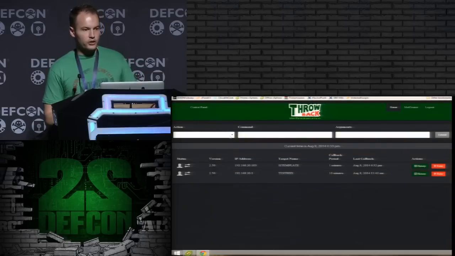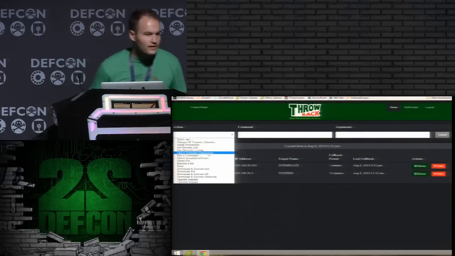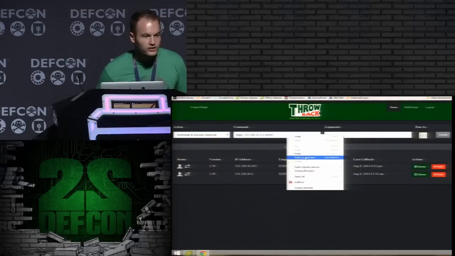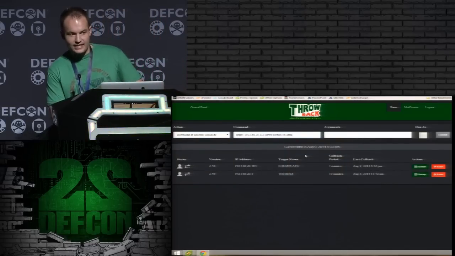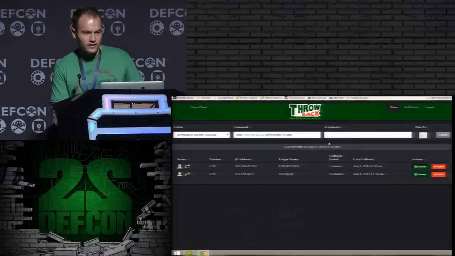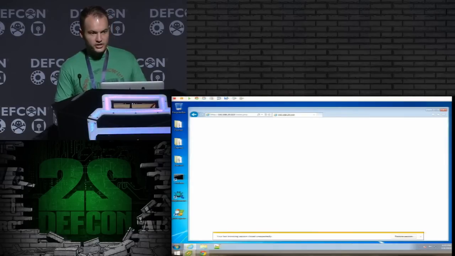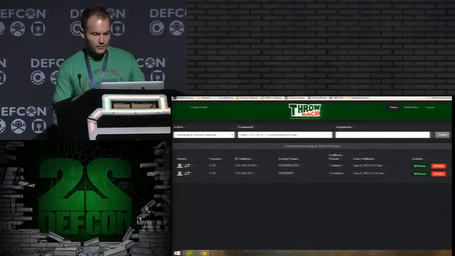Okay, so now let's go ahead and queue up the task. Okay, I think it's that one. It should say download and execute shellcode. And then the argument in this case is the process ID, or the PID, that we want to inject into. In this case, we're just going to cheat and I'm going to just look in the process list and type one in. We already ran a task list, so we could just look at the task list, but it's hard for me to see.